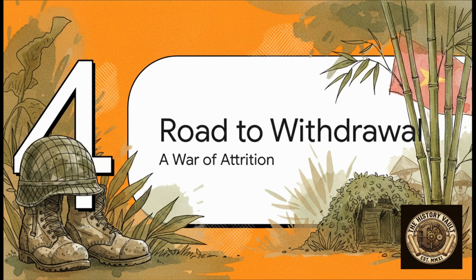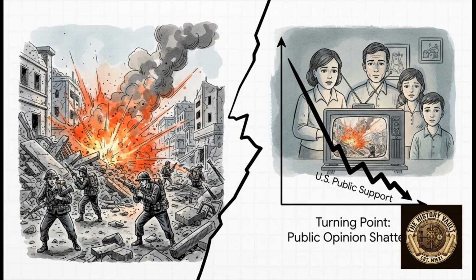What followed was just years of brutal, grinding warfare. The United States hoped its overwhelming firepower could just wear the enemy down. But the North Vietnamese and their allies in the South, the Viet Cong, proved to be an incredibly resilient and determined force. In 1968, the war hit its psychological turning point. It was called the Tet Offensive. Now, militarily, it was a disaster for the North Vietnamese. They lost a huge number of fighters. But politically, it was a catastrophe for the United States. It completely shattered the narrative back home that the war was almost won. Public support for the war just collapsed.